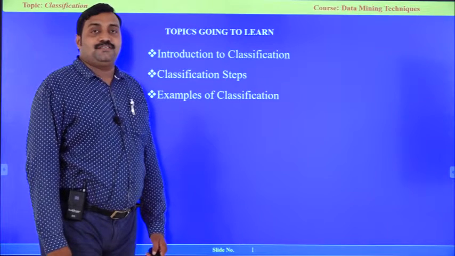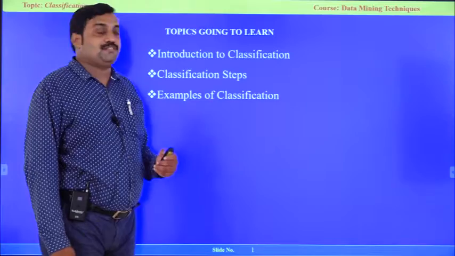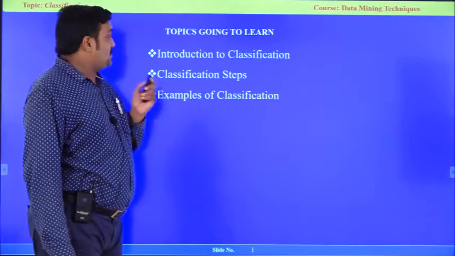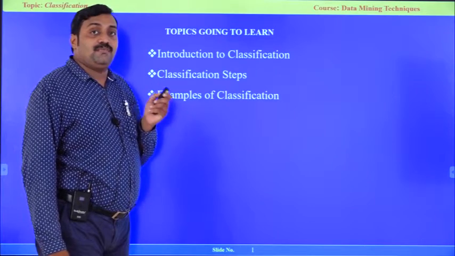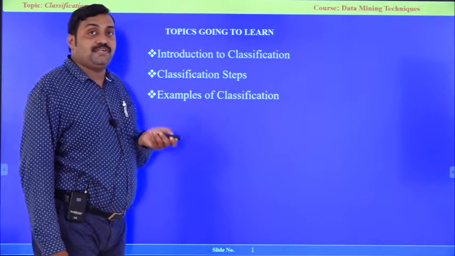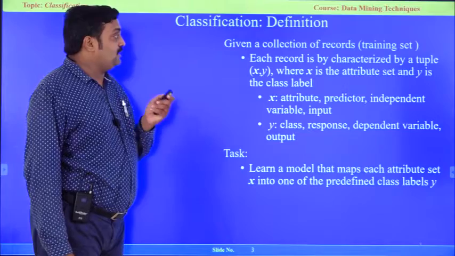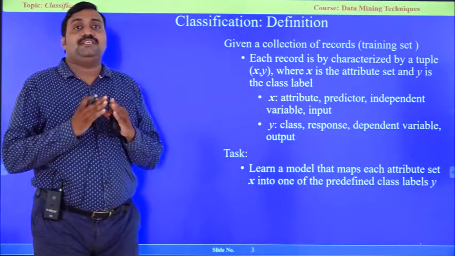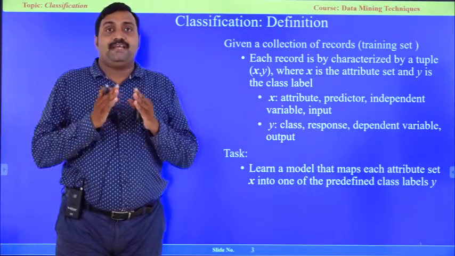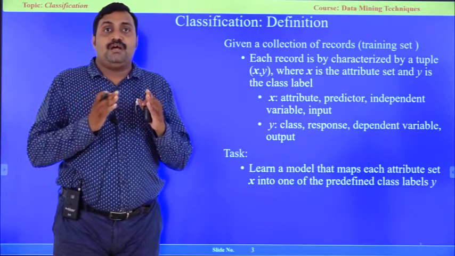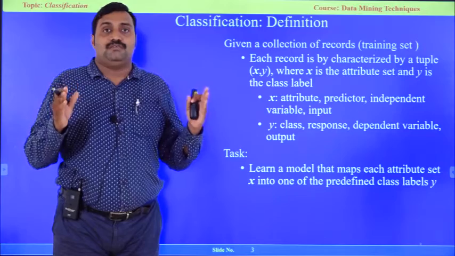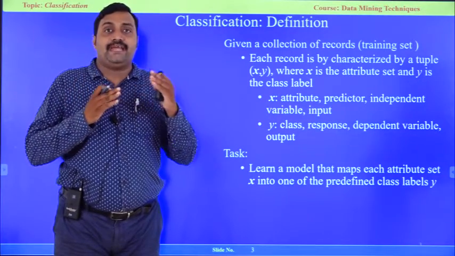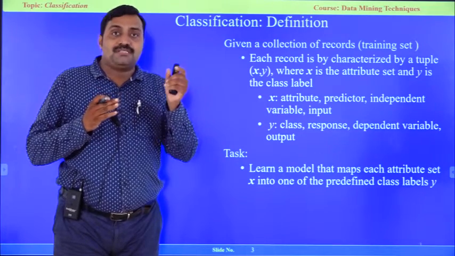Good morning students. Today I am going to discuss part of the data mining classification concept. Last class we discussed the fundamental basic example of classification. Now today we are going to see a simple definition of classification. Classification is nothing but classifying objects from a group of objects. Whenever we have plenty of objects, we have to segregate them and give labels or names.